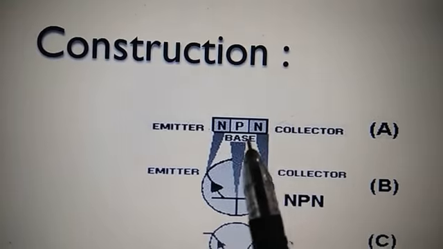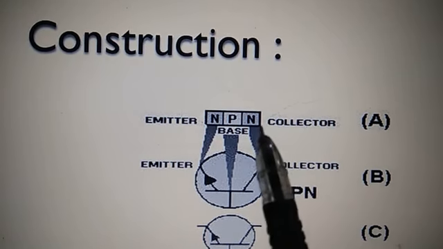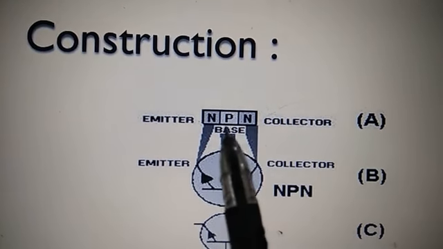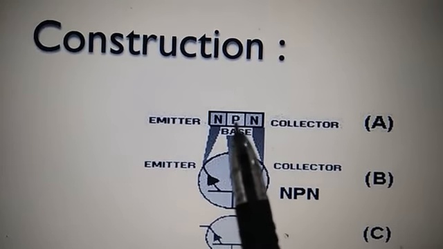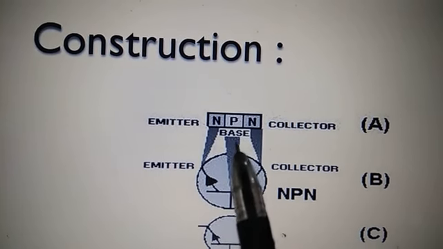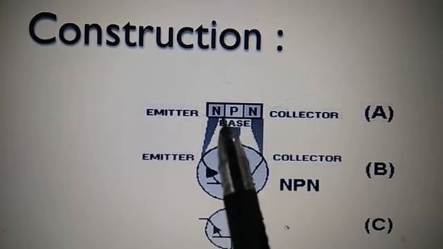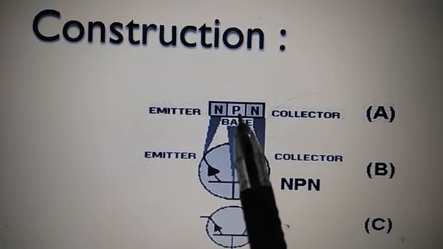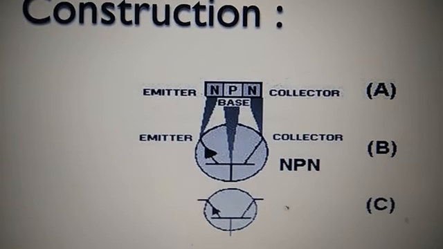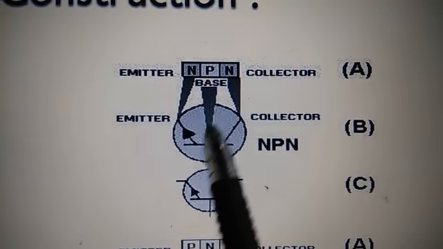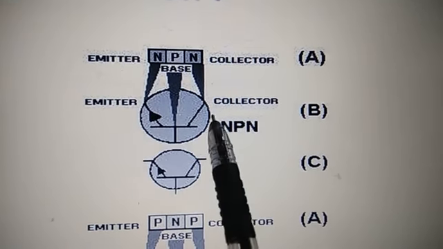A little less concentration of doping agent is there in the collector, while the base is the very thin area where there is very less concentration of doping. This PN junction is formed with this pentavalent impurity and trivalent impurity. Similarly, this is trivalent and this is pentavalent. And these are shown here in diagram B: emitter, base and collector.